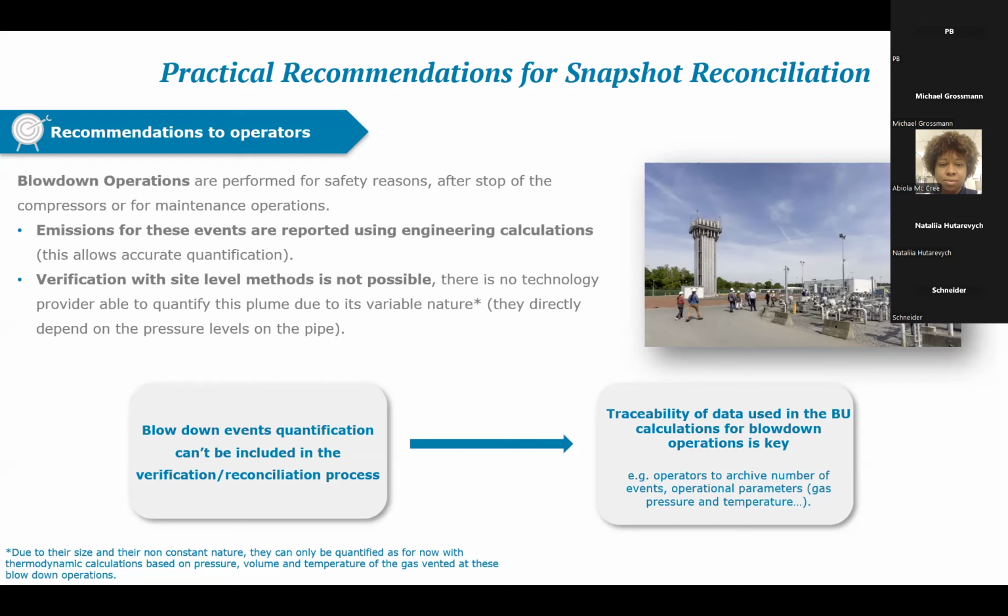quantified using engineering calculations, which are actually a lot more accurate than any measurement that could be performed, because they rely actually on physical measurements. You measure pressure, temperature, the volume is fixed, obviously, but it's quantified too. And like this, thermodynamic calculations allow you to have a precise quantification, because if you wanted to use site level methods,